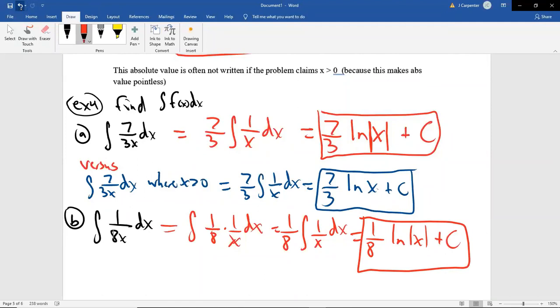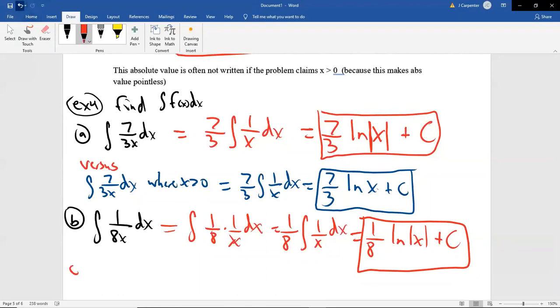Again, there are times when you can find the c. The problems I've given you so far, you can't find them. You have to be given what's called an initial condition. You have to be told some function value under the integral in order to actually find the c. So there are problems where we can find the c. I have not done any of those yet.